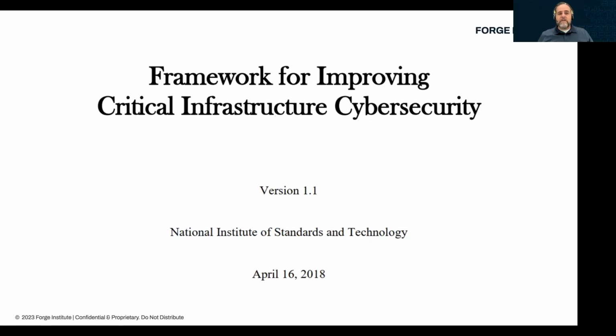So it was the pivot of, we only have purview over government computers, government information systems, and let's try to pivot that out. So we know we can't enforce a lot of things externally as strongly as we do internally, but we can provide the resources to help those critical infrastructure organizations secure themselves. And that's what this document is.